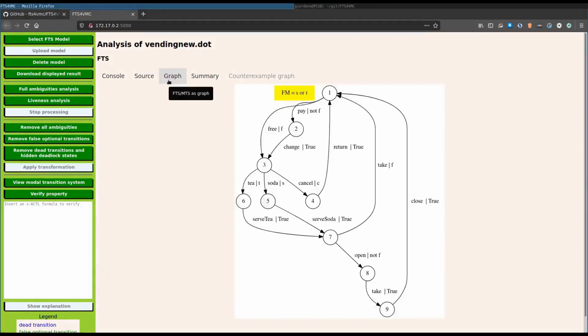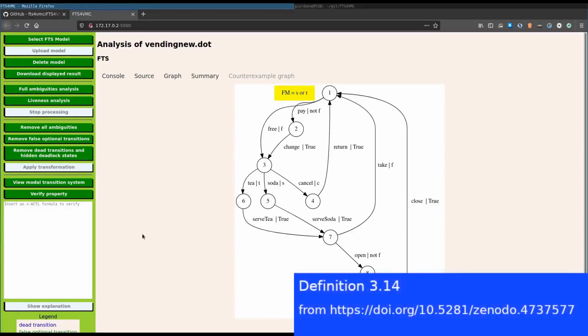Now that we have an unambiguous FTS, we can verify properties with VMC. Since VMC works with a modal transition system, that is, an LTS that distinguishes admissible, necessary, and optional transitions, such that by definition all necessary and optional transitions are also admissible, FTS for VMC converts in the background the feature transition system